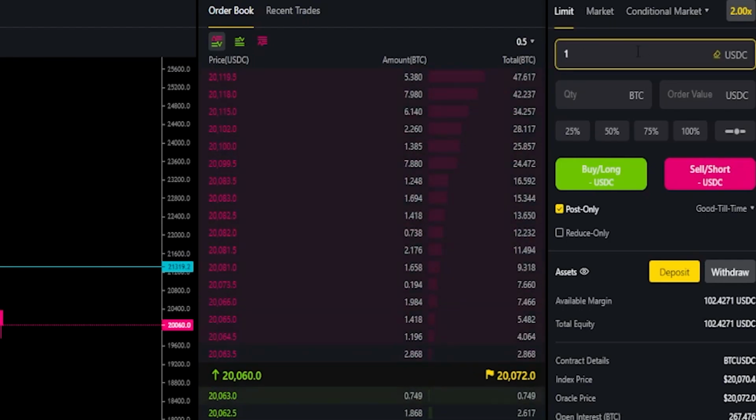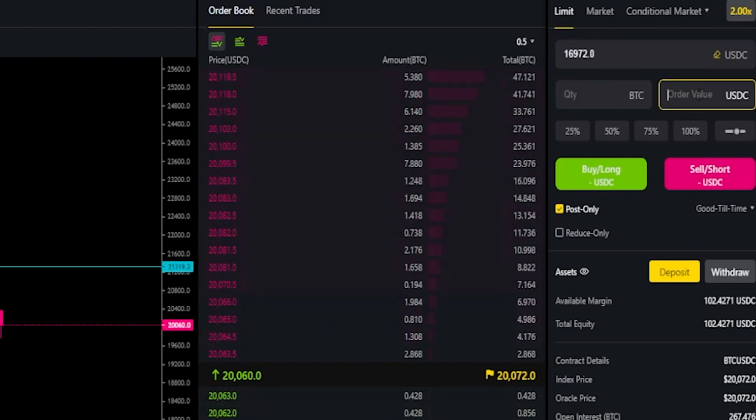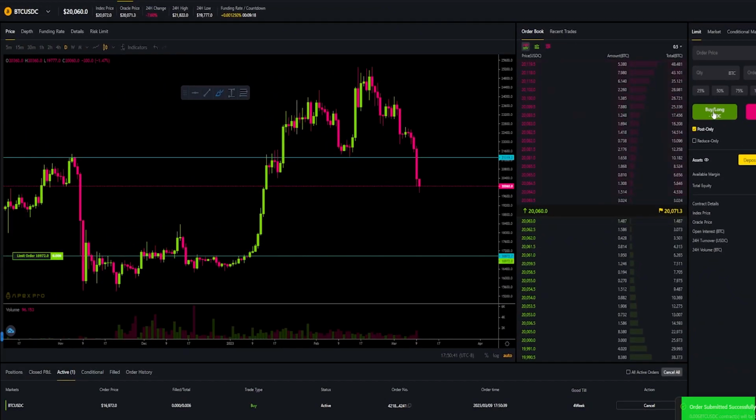We'll go 16,972. Then we'll choose our quantity or our order value. I'll go ahead and just do the same thing here. We'll do 100. And then I'm going to go ahead and click on buy long. Now I've submitted that long order onto the order book, and we can find the details of it over here